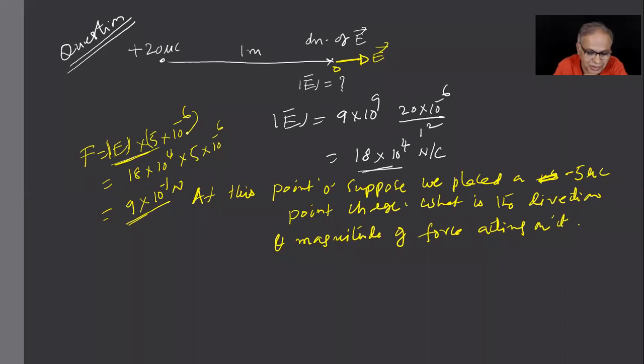Now, the direction of force will be which way? Towards it. Towards it. I don't want you to go back to that attractive force now. I want you to understand this force as electric field strength into the test charge, and the direction of force on a minus charge will be opposite to the direction of field. This is what I want you to catch. The modeling is this.